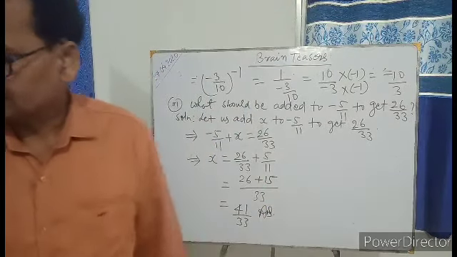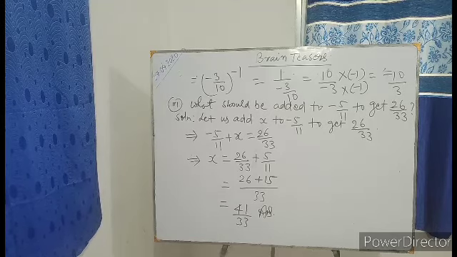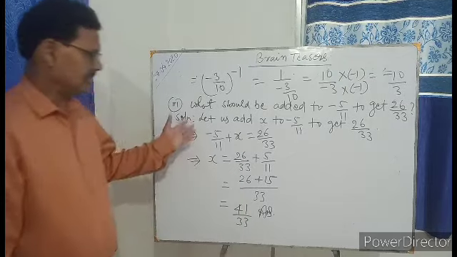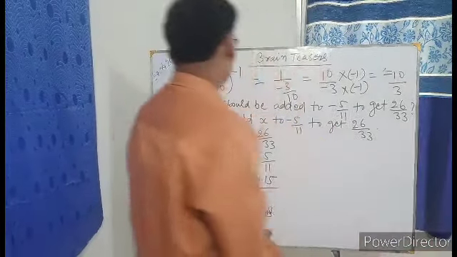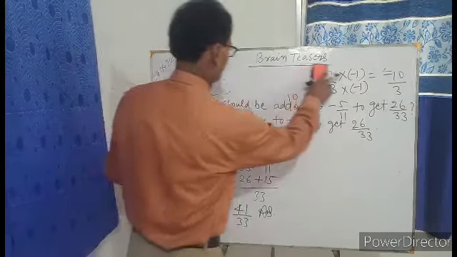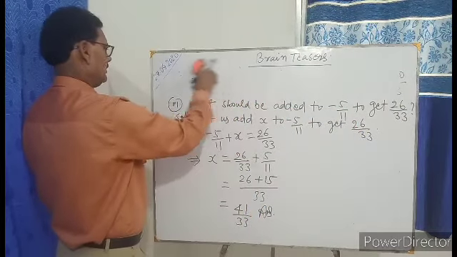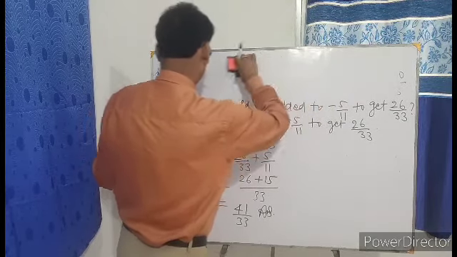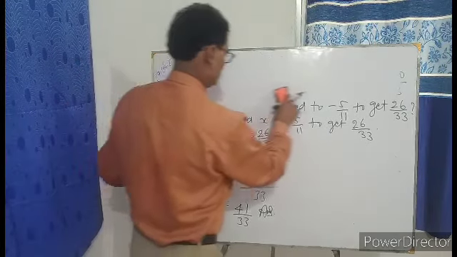No problem. The next question is subtract 6 whole 2 by 3. The next question is very simple. I don't think you will have any problem understanding this question. So let us have another question. These are all questions of different types. I will explain all the questions of this type, and later on we will move to some other questions.